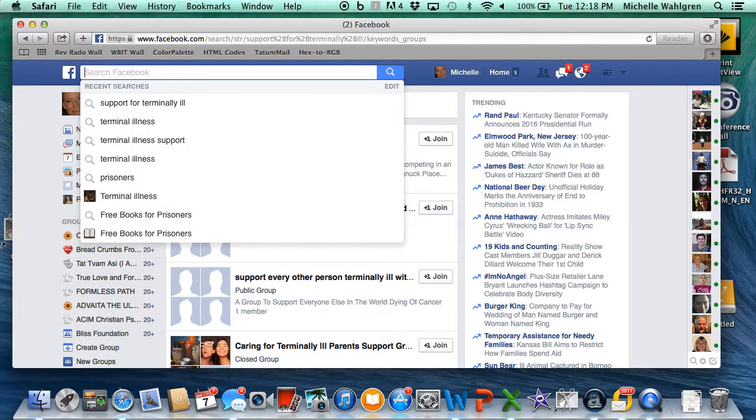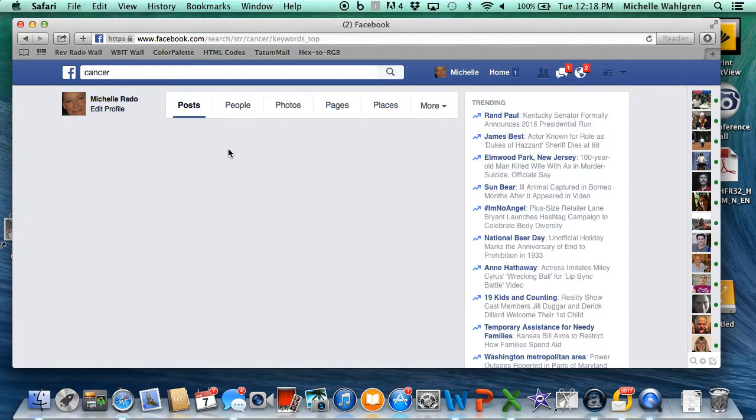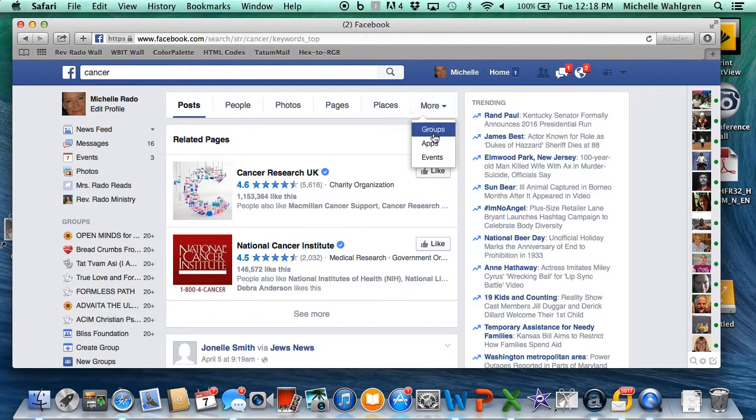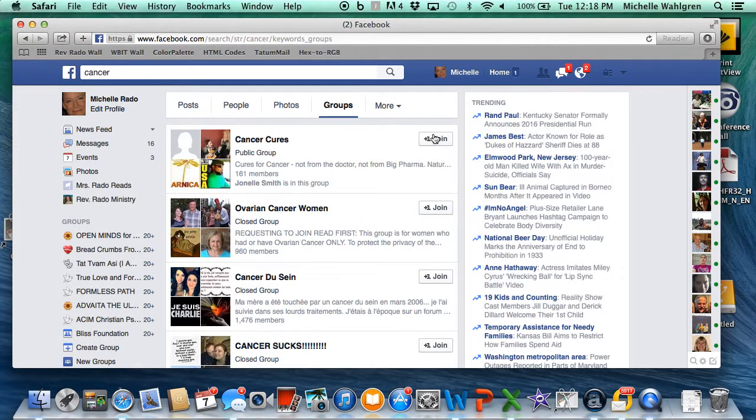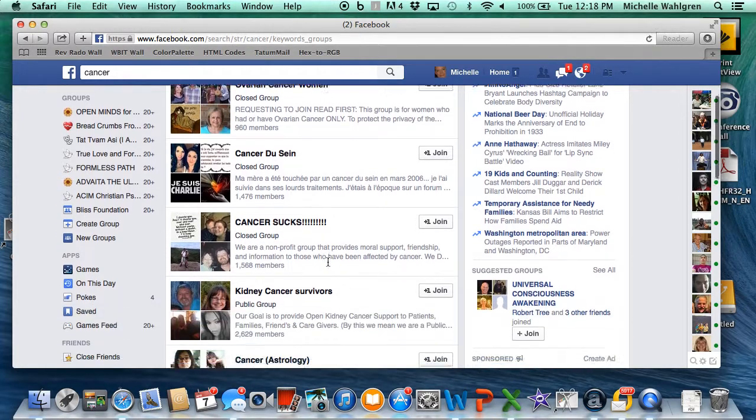We might want to look up groups with specific names, and so the keywords terminal illness don't return groups that have large membership, but we do